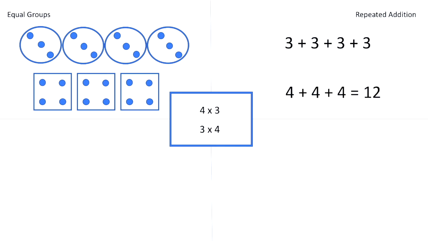And you can represent this with an expression like we did with our 3 plus 3 plus 3 plus 3, or with an equation like we did with 4 plus 4 plus 4 equals 12. And depending on how my students put their information in this quadrant, I'll question them to try to get them to use both, or to understand that there's both ways of representing. So these two are great. We have equal groups, our pictorial, and repeated addition, our abstract, but I want to transition to another level, or a little bit deeper level of understanding